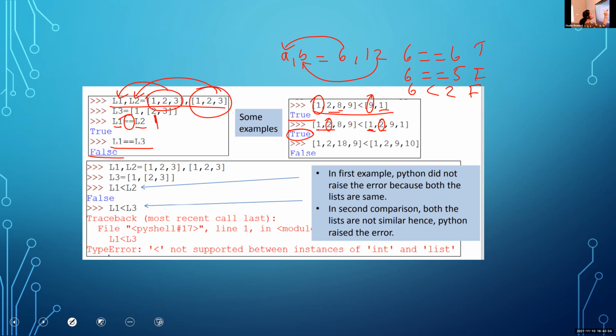So it will take the third value, 8 and 9, two different values. 8 less than 9 is true, so the result is true. In our normal integer comparison it is not like that, but here 1 less than 1 is not true, so we move on to the next values.